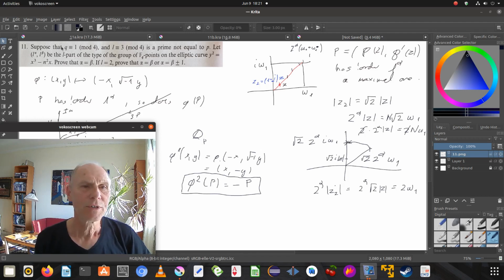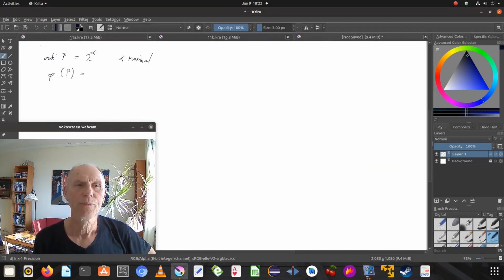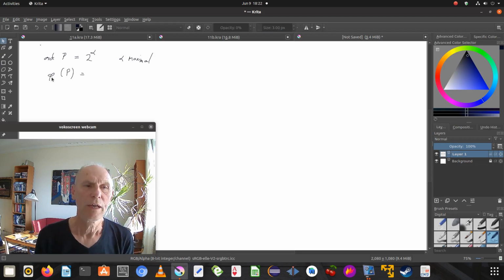And it's time to check to find out if we can prove the last part. If L is 2, prove that alpha and beta are equal or at most 1 apart. We assume P is a point of order 2 to alpha, so that alpha is maximal. And if sigma P of P is not one of NP,